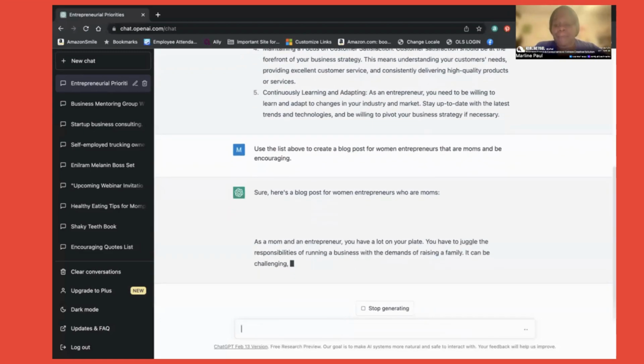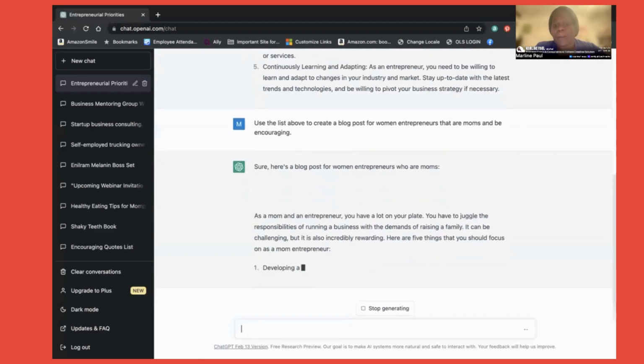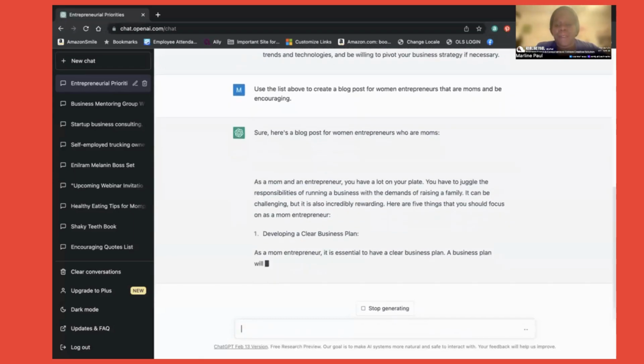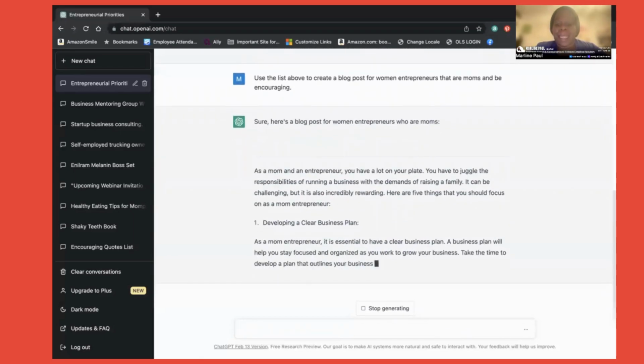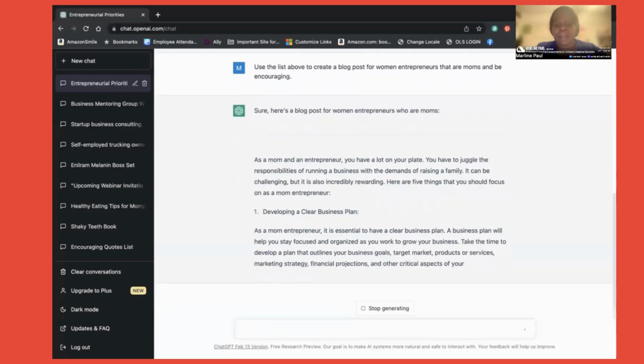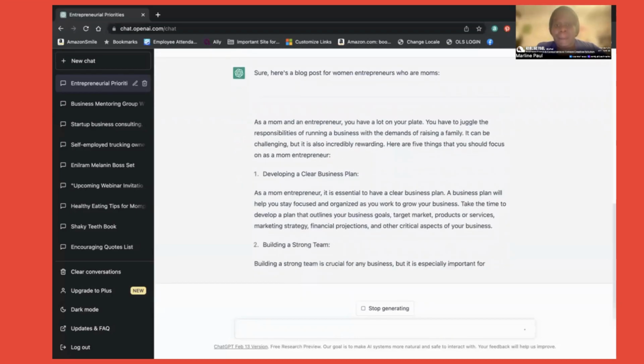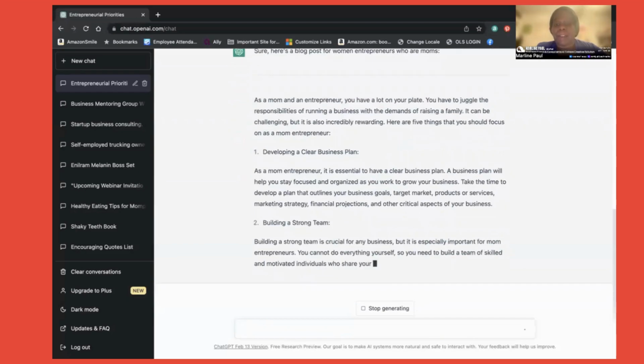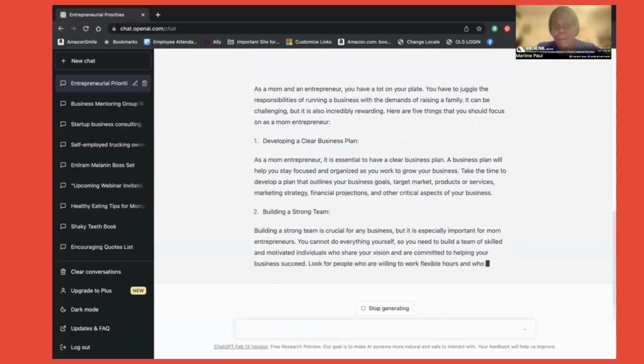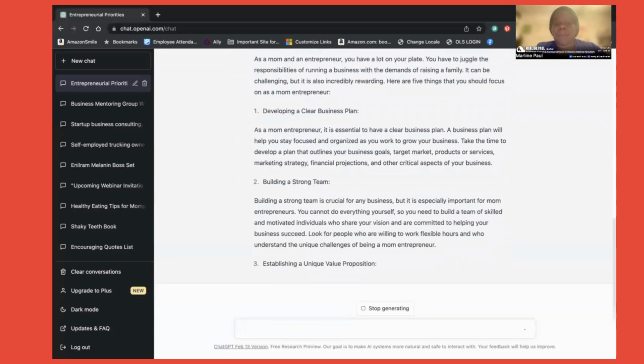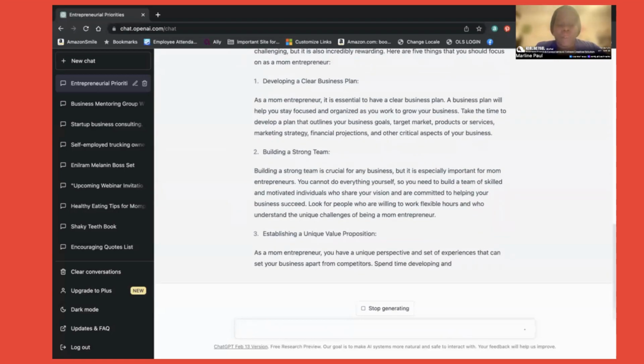Now it creates a post for me. Looking at the post, it's putting it in the perspective of being a mom, and it's trying to encourage them to stay focused. And there are more ways you can be more and more specific.